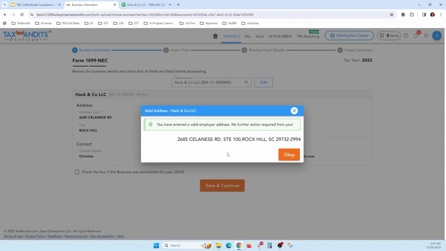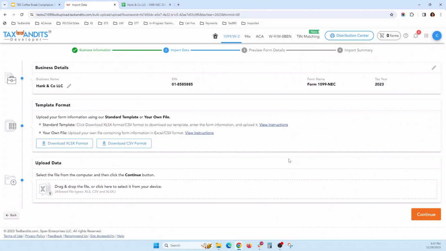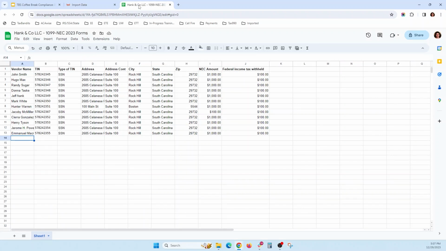TaxBandits completes USPS address validation to help you make sure that the payer and recipient addresses are valid. And next up, we can either download a copy of the TaxBandits template, or we can upload our own file. So let's take a quick look at my custom template. This is not a TaxBandits template. This is just a sheet with a header row and some form details